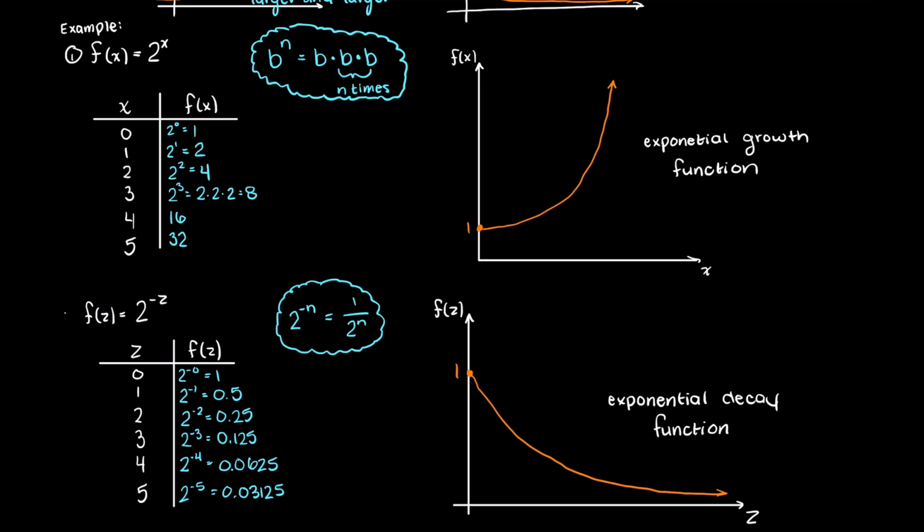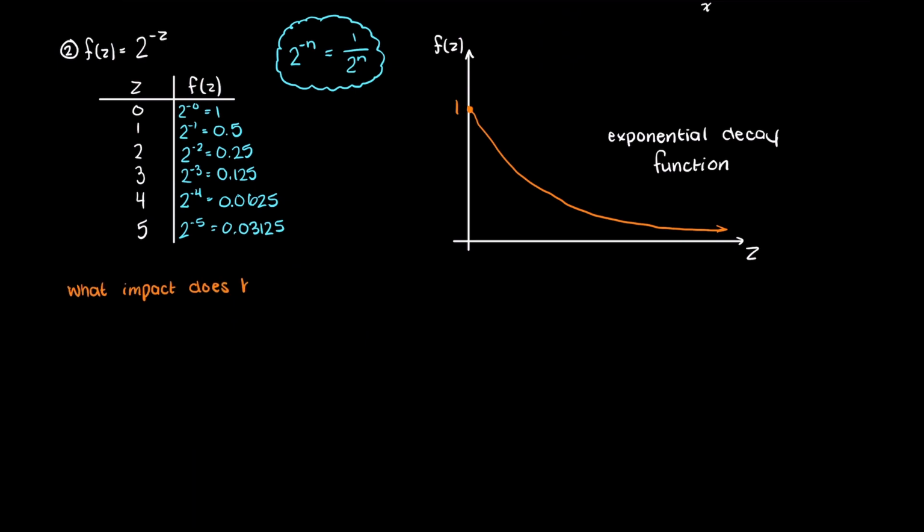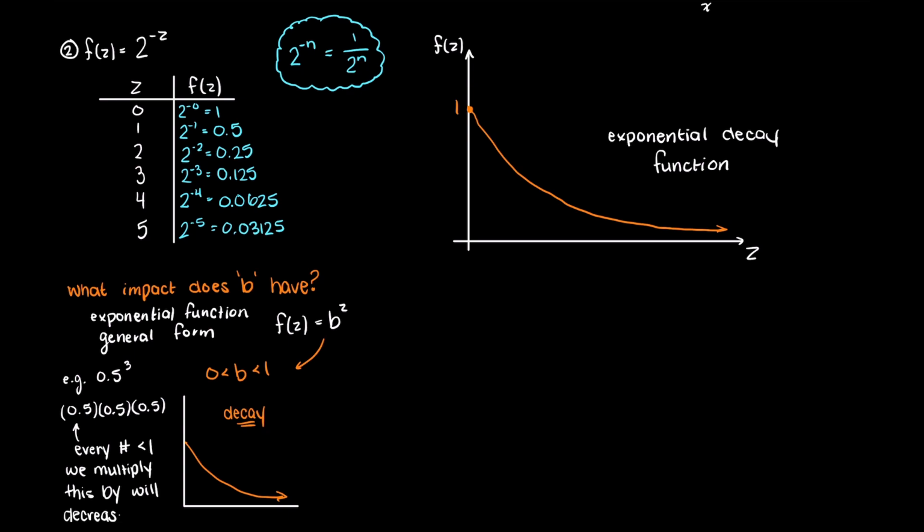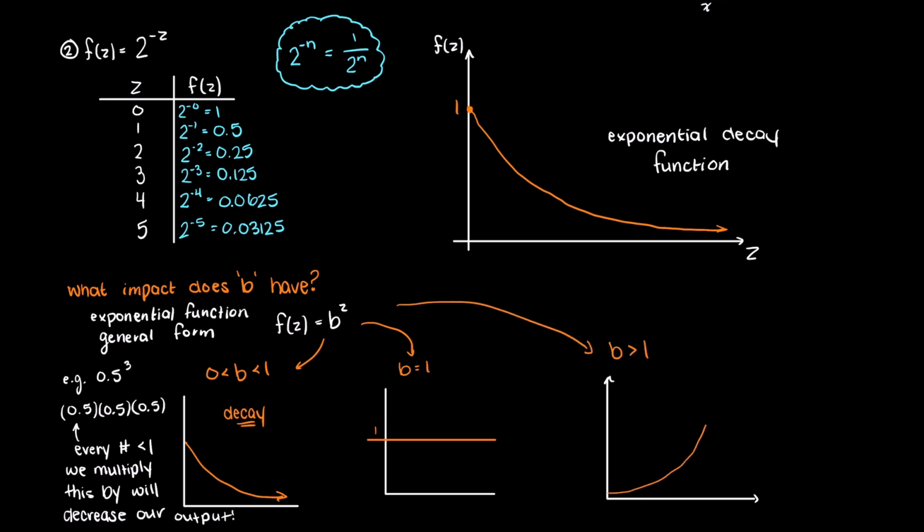We should also talk about the difference made if our base number, our b variable, makes in our exponential functions. If b is between 0 and 1 in our exponential function, then the function will decrease and become closer to y value of 0 as our input value increases. This is because we are multiplying a number that is less than 1 by itself, which will always give us a smaller and smaller number the more we do it. Secondly, if our base value is 1, then it doesn't matter what we raise this to the power of, as it will always be a return value of 1. Lastly, if our base number is greater than 1, we will see the exponential increase in our output as the input grows.